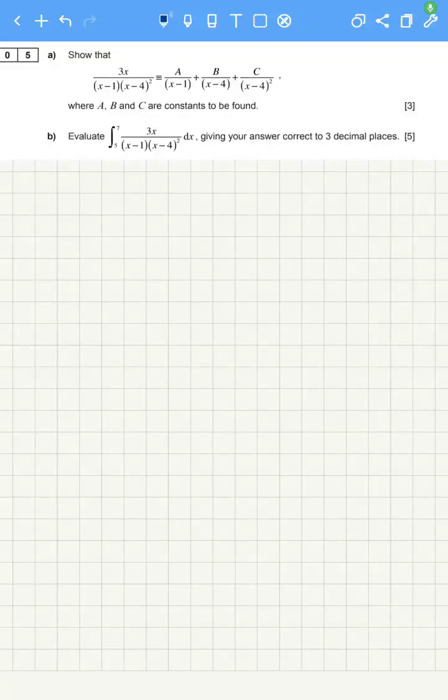Of partial fractions, I am going to integrate my answer from the previous question. So the integral is going to be equal to the integral of each individual section from this, okay? And it's between 7 and 5. So it's the integral from 7 to 5 of a, which was a third, so 1 over 3x minus 1,